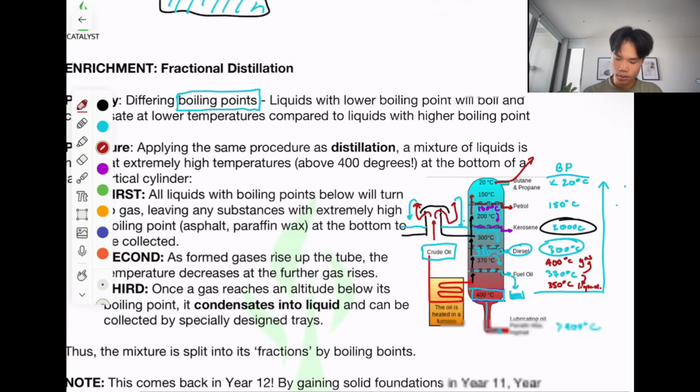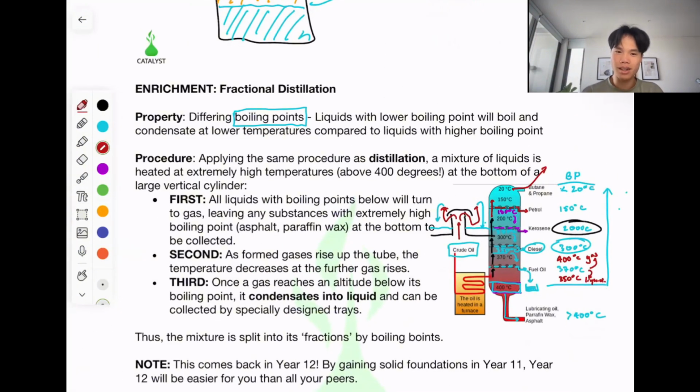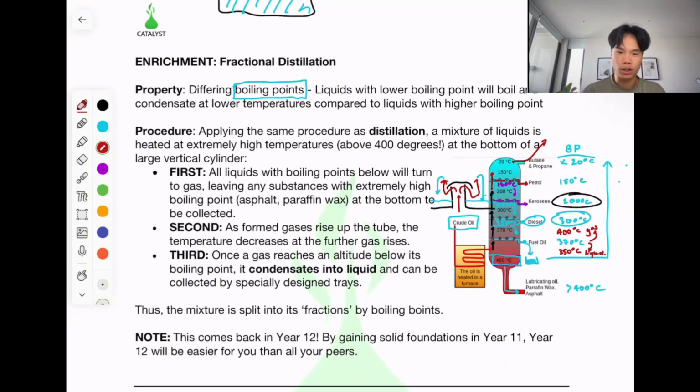Fractional distillation. That's probably the hardest science concept you've ever come across. Pretty complicated, but once you've gone through it, it's all very logical. Would you agree? So this is the whole thing with chemistry: the first time you see things, things will appear very challenging. But once you've gotten your head around it, chemistry is very applied. And you just take that concept you've learned in one place, and now you can drag and drop it and put it somewhere else, and you can apply it in all different places. So go into the subject with a very open mind, try your best to understand things for the first time, challenge yourself, and you'll